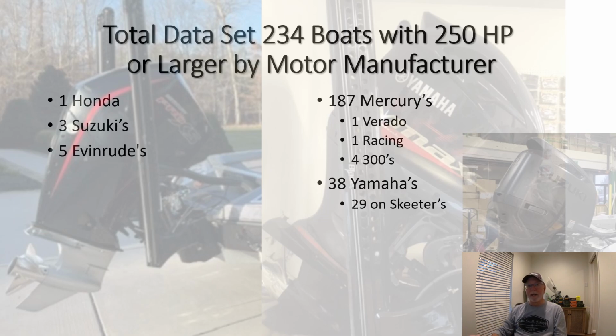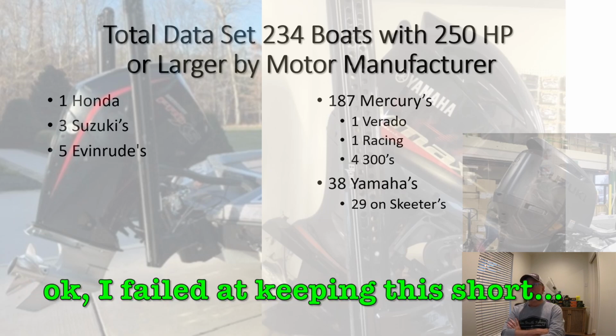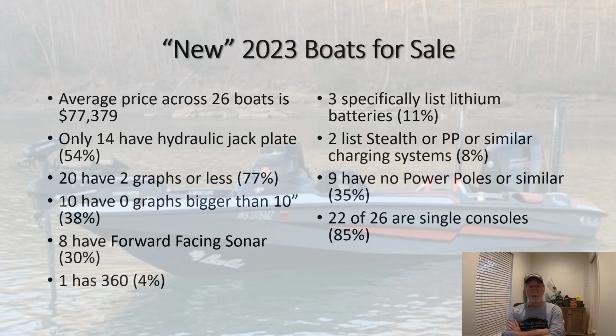Now, the first thing I wanted to break down, and I know this video's already gotten long, so we're going to cut it off right at 15 minutes, and we'll start right where we left off on the next one. But of the new 2023s for sale, so those are boats that show 0 hours or are sitting at a dealership and show 5 hours or less, there's 26 boats with the average price of $77,400, let's call it. Of those,